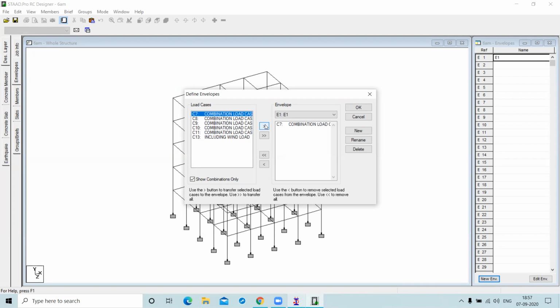If we consider the combination including the wind load, this is sufficient, because the combination including the wind load has all the present loads selected. So it is sufficient to take this combination.